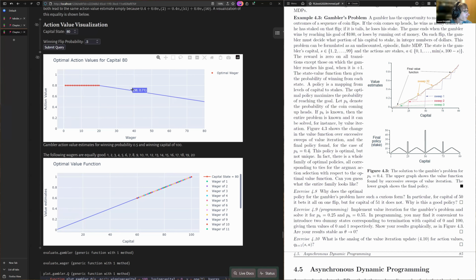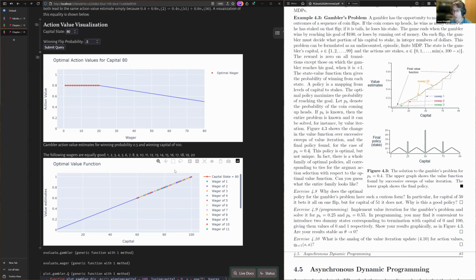These numbers are a little weird, right? Because obviously, if we're at 80, we never need to bet more than 20 to win. So it just means that all of these bets, we still expect an 80% chance to win. Yeah, because it's all symmetrical, right? So if we have a capital of 80 and the coin is fair, we have an 80% chance of winning the entire game. But then that's mirrored by all of these wagers